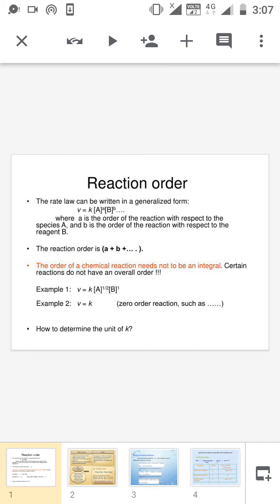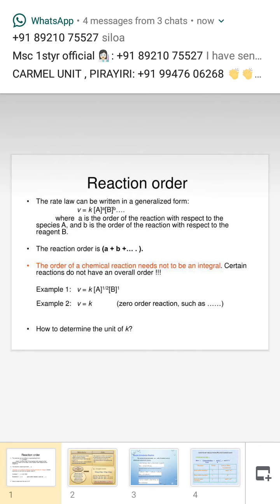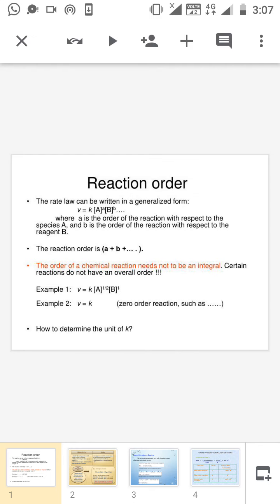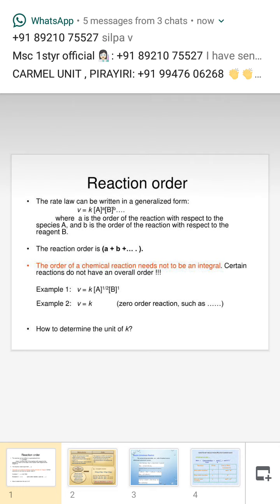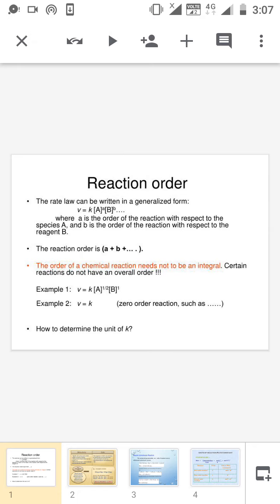As we discussed yesterday, some reactions consist of multiple steps. So we have to take the slowest step in the chemical reaction. The rate of a reaction depends purely on the slowest step in the reaction. So we must note the concentration terms which enter in the slow step. That's why the half appears, which is determined only experimentally.